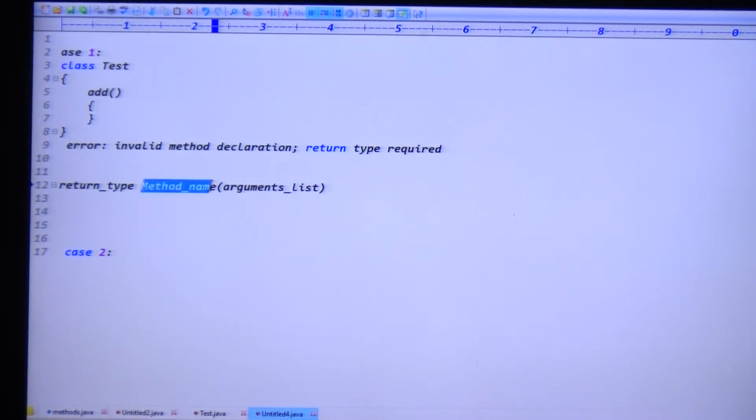Every method contains a method name, expects an arguments list of inputs, and is capable of returning a value using the return type concept. Sir, I am not interested in returning any data. See, guys, in the last examples we made it void. Void means we are not returning any value, right?